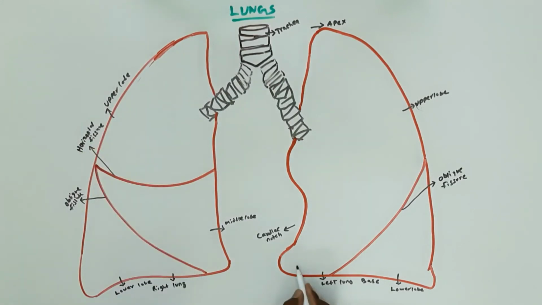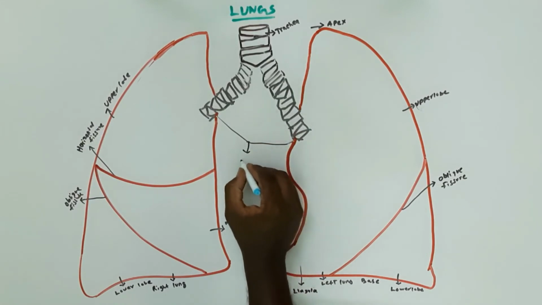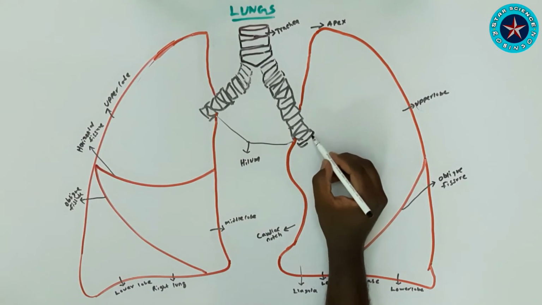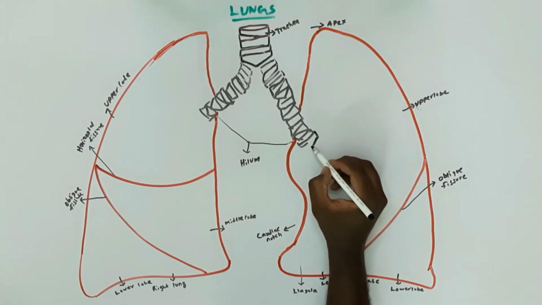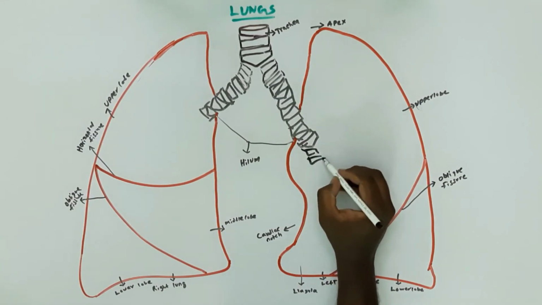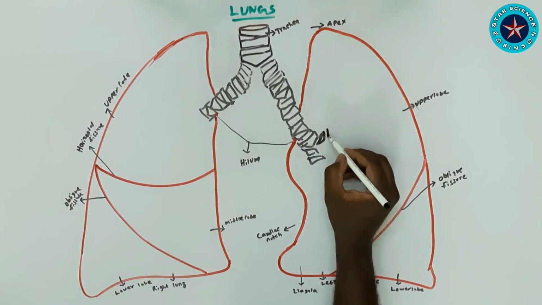Next we can see about the lingula. This is a flat and sharp surface on the heart in bottom part of our left lung in center of the diaphragm. Now we are seeing the root of lung, that is the hilum of the lungs where the bronchi and pulmonary artery and pulmonary veins and nerves, everything will enter into the lungs. So that is the place from hilum into the lung.